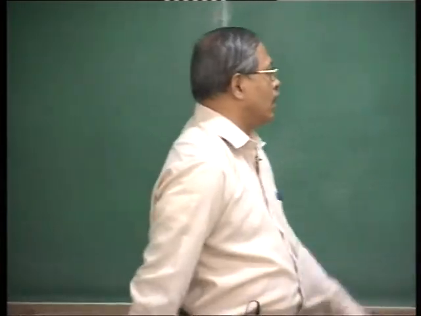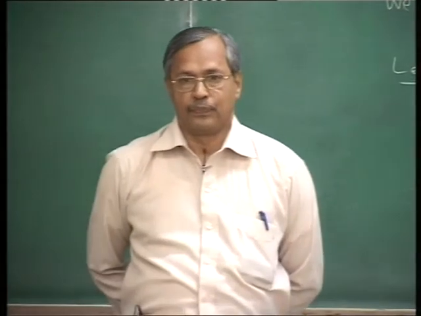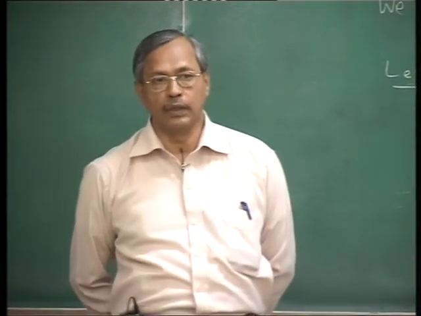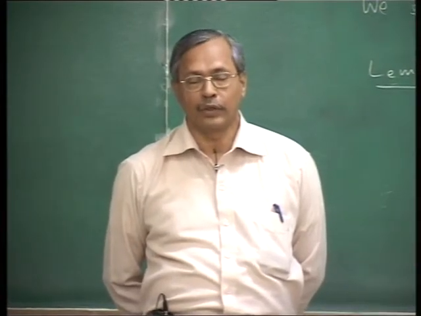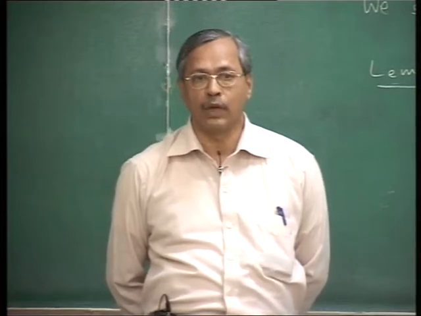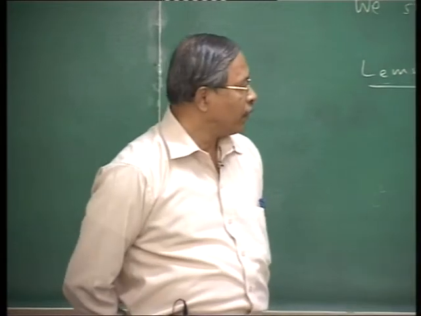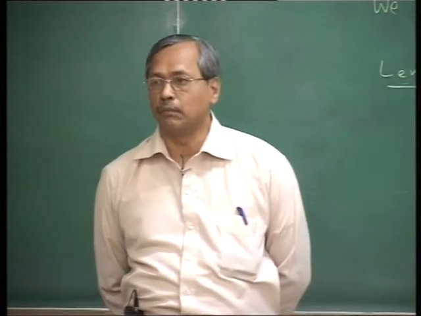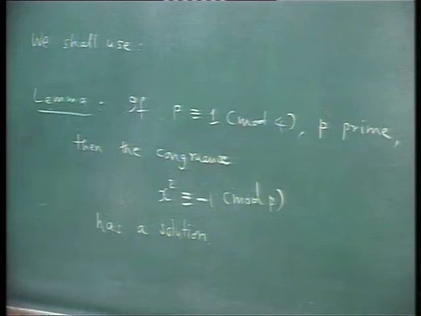So this we got by using Wilson's theorem. (p minus 1) factorial is congruent to minus 1 mod p, that is what we know, and if p is congruent to 1 mod 4, you can combine 1 and p minus 1, 2 and p minus 2, and so on, and by that we get ((p minus 1)/2) factorial square is congruent to minus 1 mod p. So you get a solution of this congruence that we shall be using now.